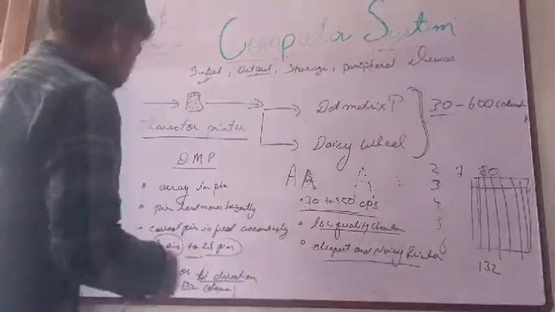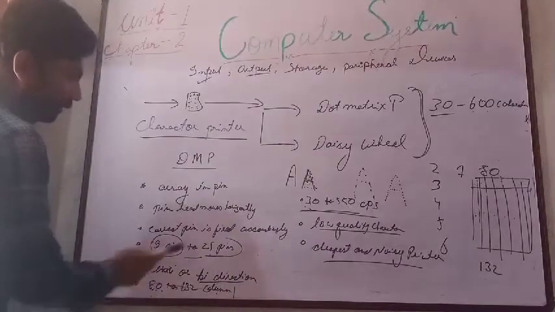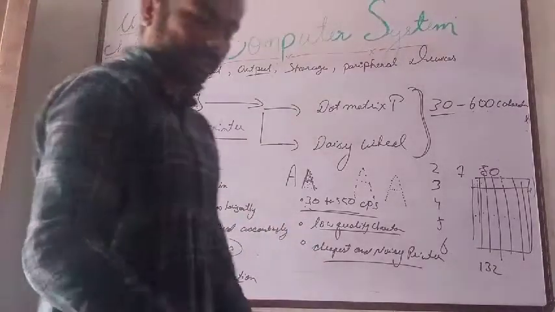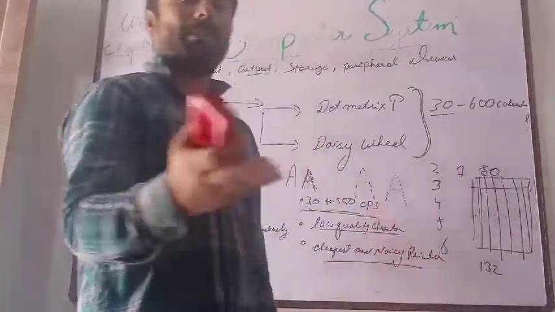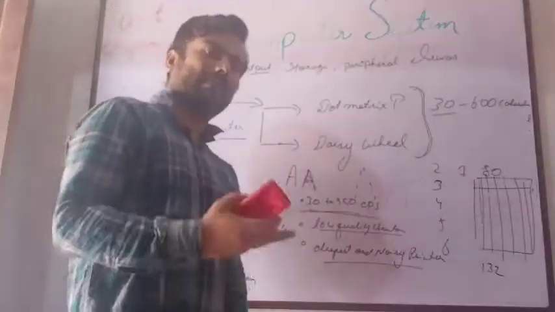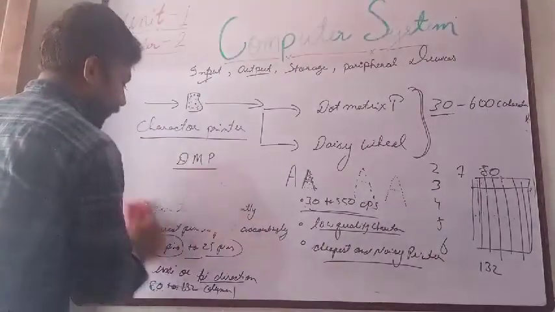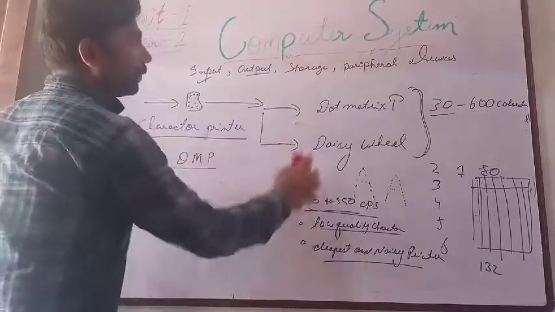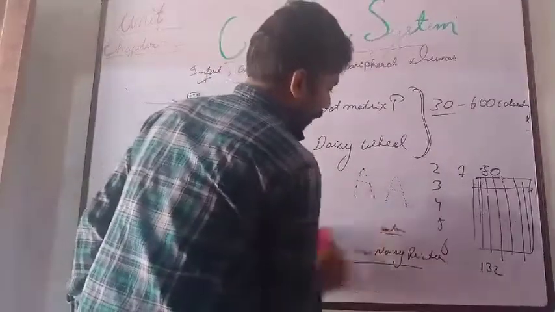How many points were there? 1 2 3 4 5 6 7 8 9 points were there, and I have drawn them out from the paragraph only. You can read the book, you will get to know about this information. Now I am going to move to the daisy wheel. So how does the daisy wheel